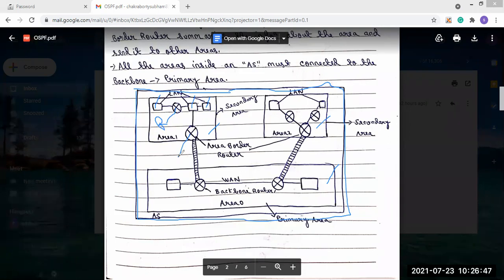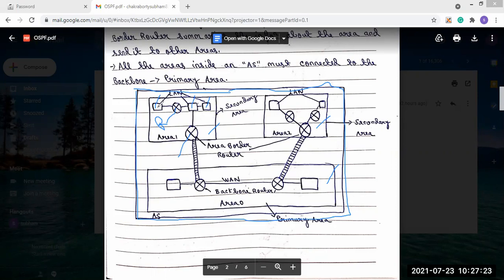The area border router is the big router. We will explain how it works, but for now understand that there will be one area border router. There is no limitation on routers; there may be more of them, there is no restriction. But keep in mind that in each and every area there should be at least one area border router. The area border router is the big router.